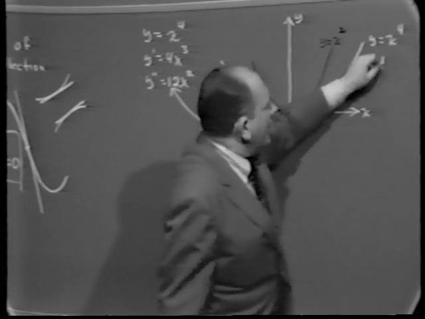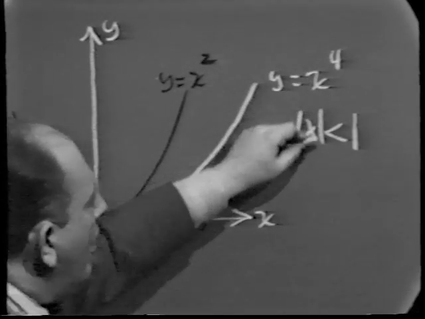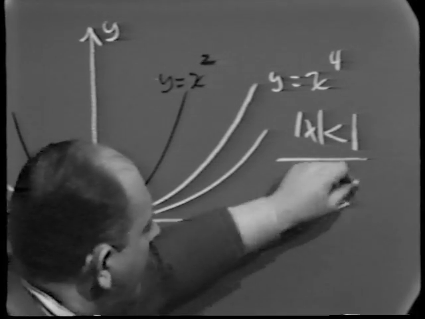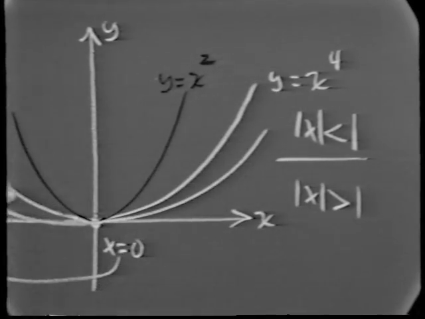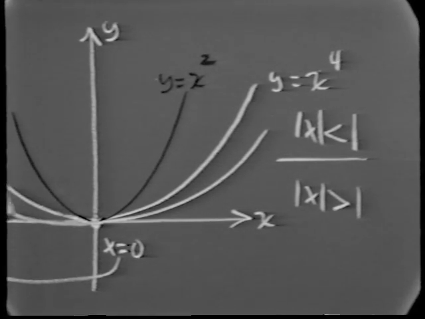See, what we're saying is, if the magnitude of x is less than 1, the higher a power you raise it to, the smaller y is. On the other hand, if the absolute value of x is greater than 1, the higher a power you raise it to, the bigger the output becomes. But the idea is this. Notice that